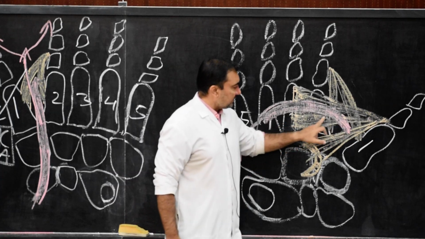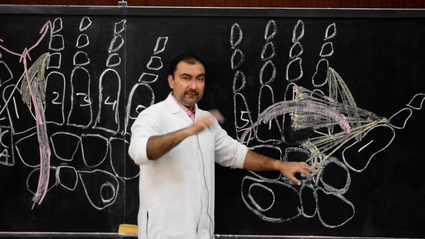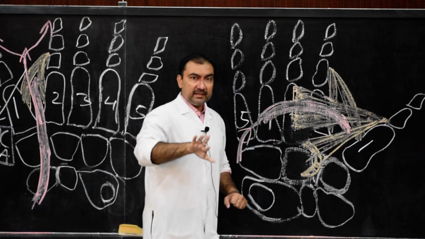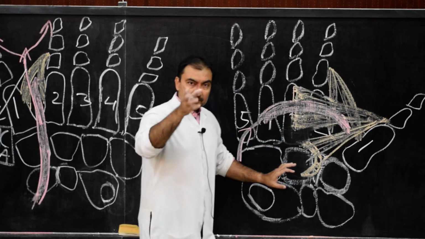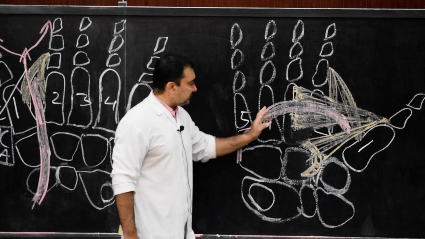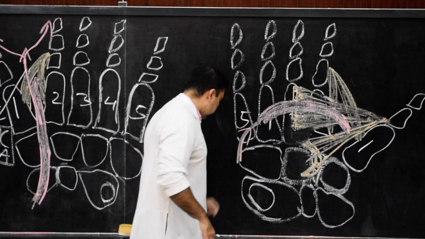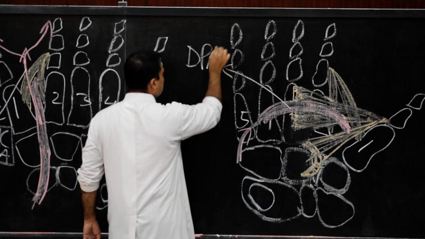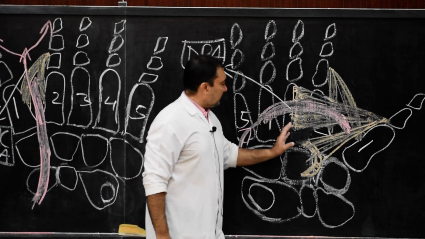that the radial artery will enter the palm between the two heads of the first dorsal interosseous muscle. Then once in the palm, it will travel between the oblique and transverse head of adductor pollicis muscle in such a way that it will form the deep palmar arch by joining with the similar branch of the ulnar artery from the ulnar side. So this will form the deep palmar arch, the continuation of the radial artery. The termination of the radial artery is the deep palmar arch. Here you can name this as deep palmar arch, between the oblique and transverse head.